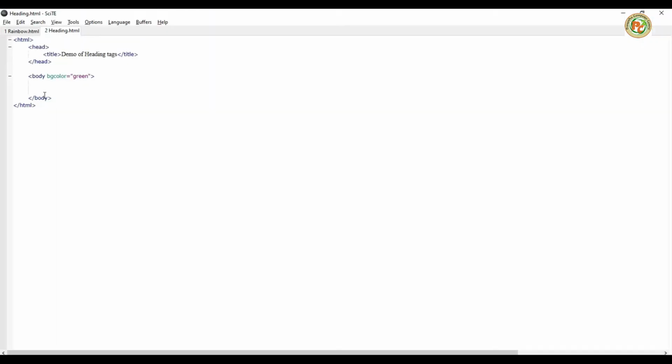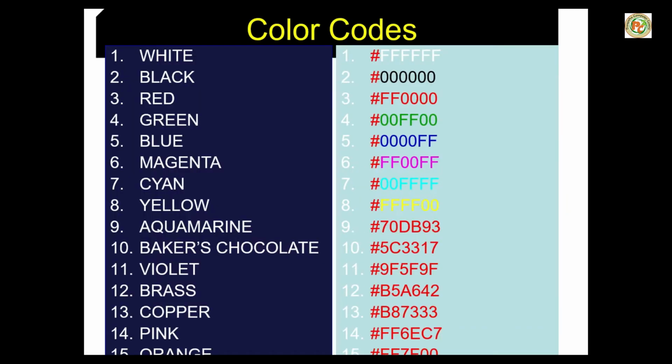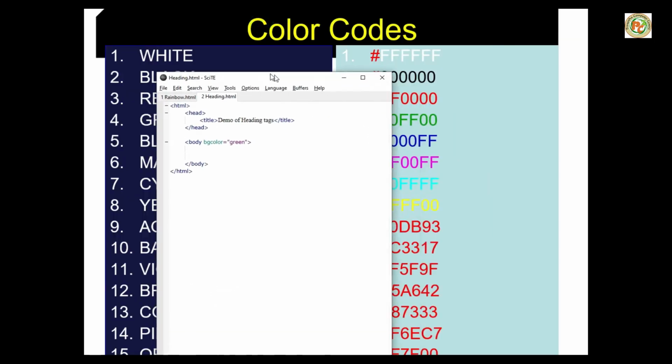If you want more colors, I have made one ppt for that. You can see here, you can type numbers also: for black, 6 times 0. For cyan you can type like this also.